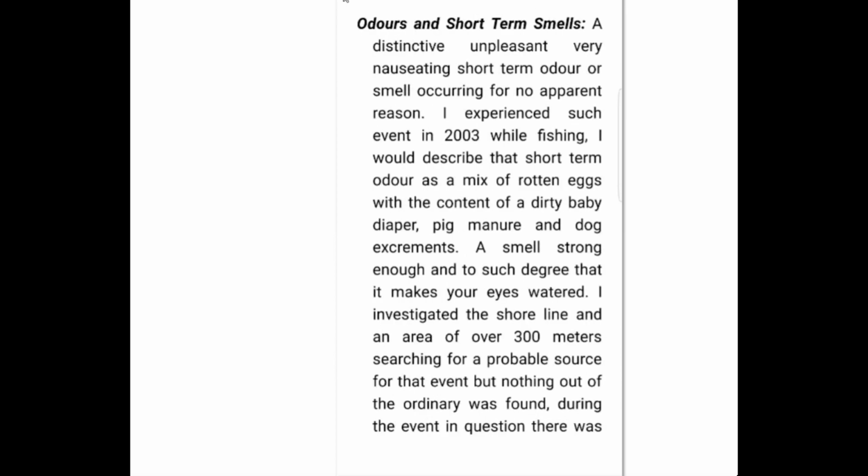Onto the odors. Now, a lot of people talk about the odors. Well, I've only experienced it probably once, and I've had 4 sightings, visual. So it's not all the time. I tell people, I believe it's only when you're downwind or really close to them. I've had a juvenile 15 feet away from me. That was my first encounter. Didn't know what it was, but I didn't smell anything. My dog was about 75 to 100 yards behind me, but the wind was blowing in the wrong direction,